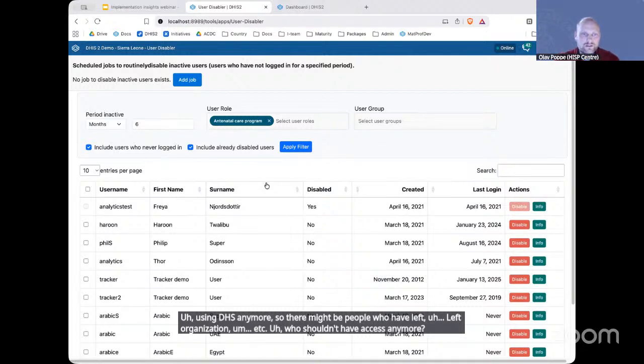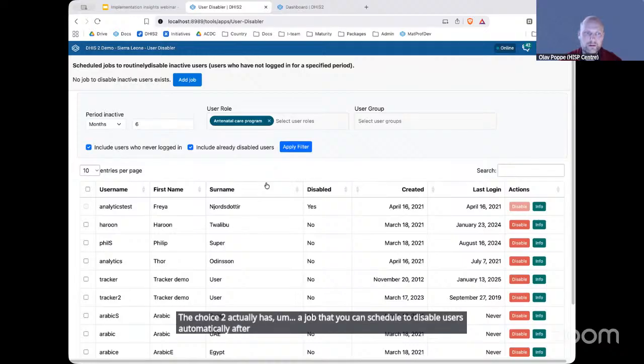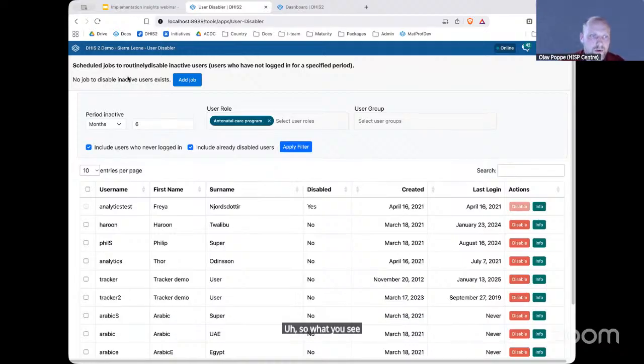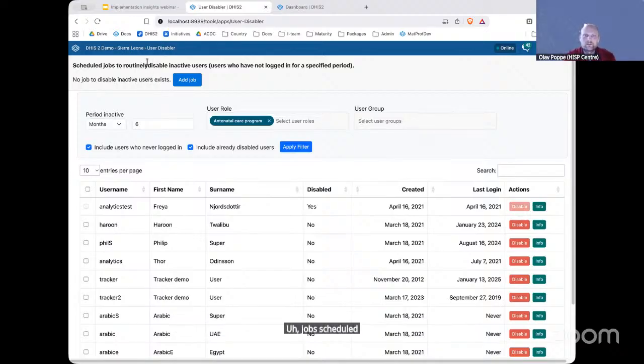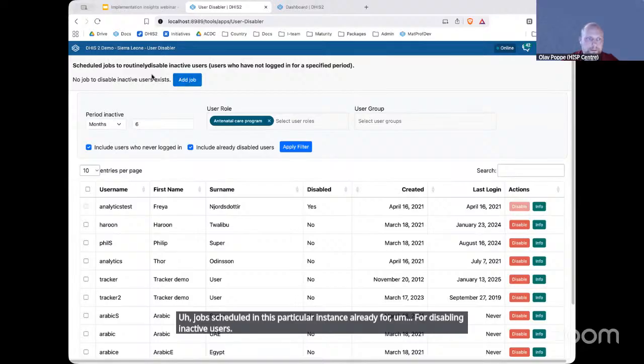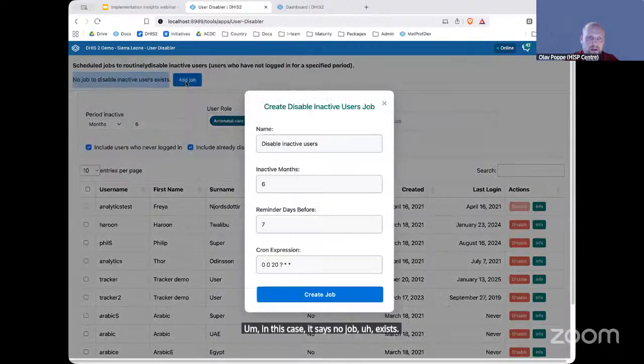DHIS 2 actually has a job that you can schedule to disable users automatically after a certain period. What you see at the top here of the app is just an indication of whether you have any jobs scheduled in this particular instance already for disabling inactive users. In this case, it says no job exists, and it lets you just create that job here,